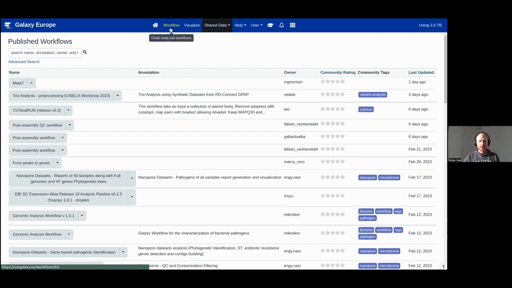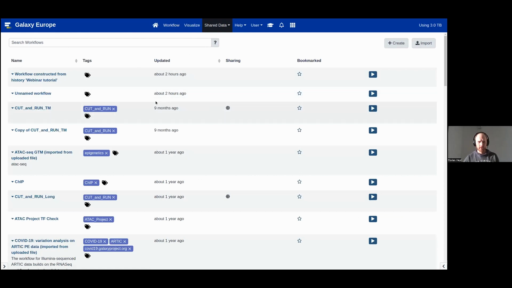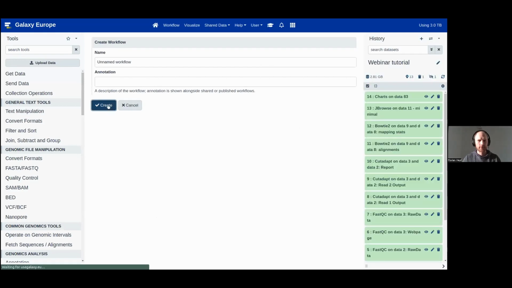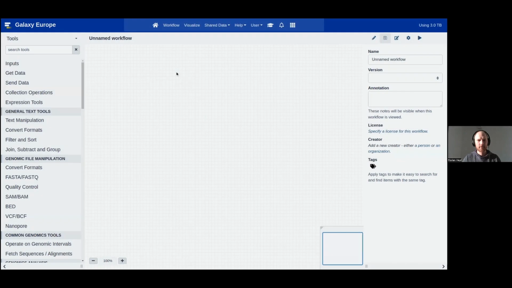The other tab is the workflow editor I mentioned. You already saw that executing a tool is not that hard. It's just selecting and executing, and then you do your data processing step with this particular tool. The same easy-to-use principle applies to creating workflows. If you create a new workflow, let's say it's unnamed, then